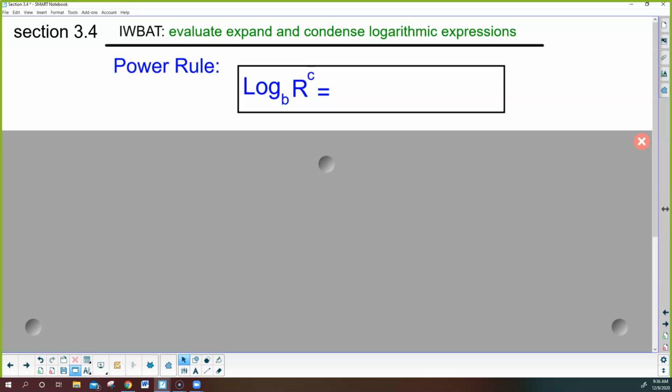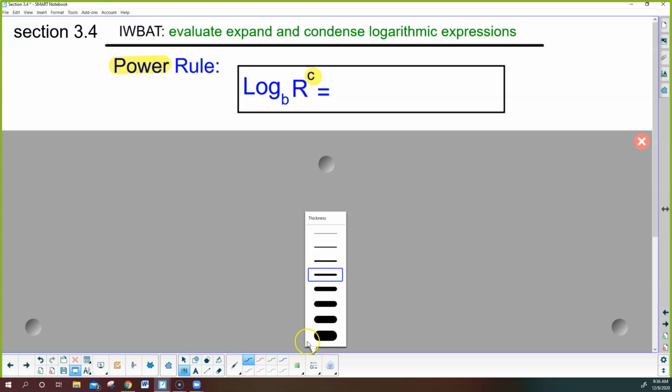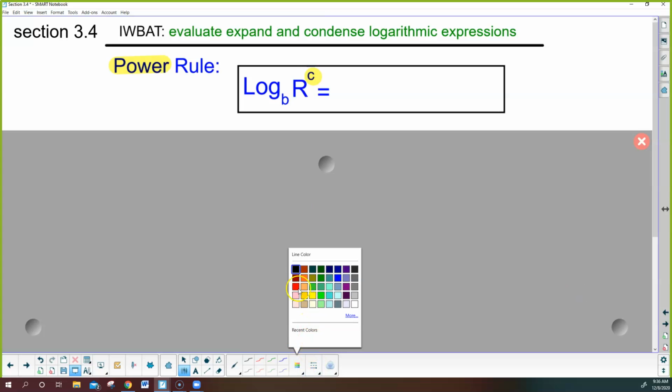Okay. So let's look at this. And what does the power rule do? The power rule is just a special rule that we can use to help us evaluate logarithmic functions when we have a power. And that's the piece I want you to connect with, this idea of the word power. Well, right now I've got r to the power of c, and I'm going to do the log of that with the base b. Now, all this is generalized into variables, but we're going to look at it mostly in numbers. But all I want you to think of is this log, let's do a different color, can come down out in front